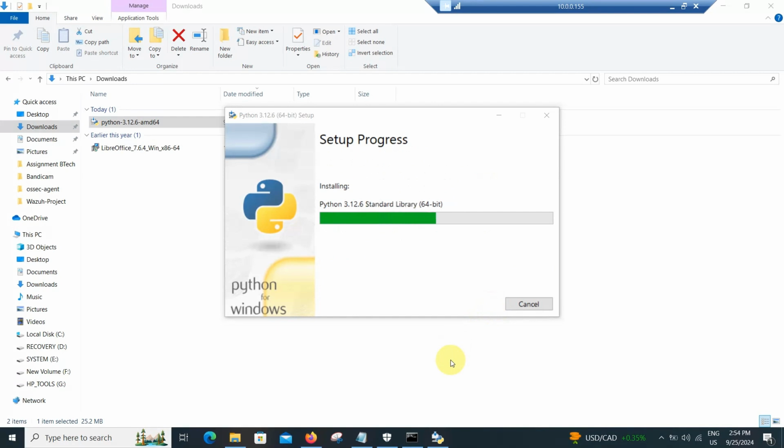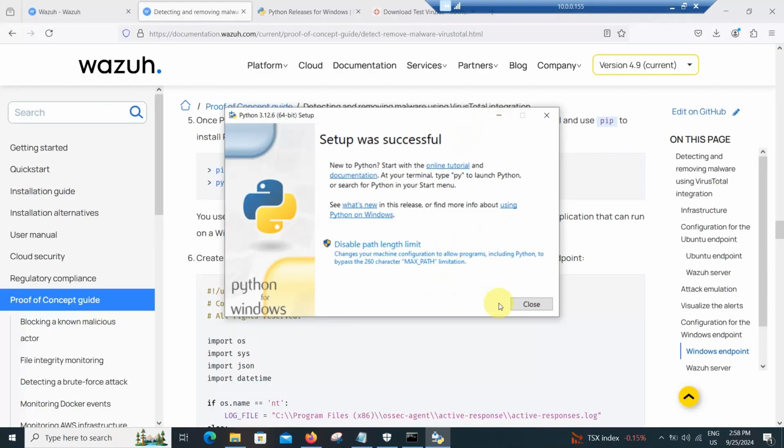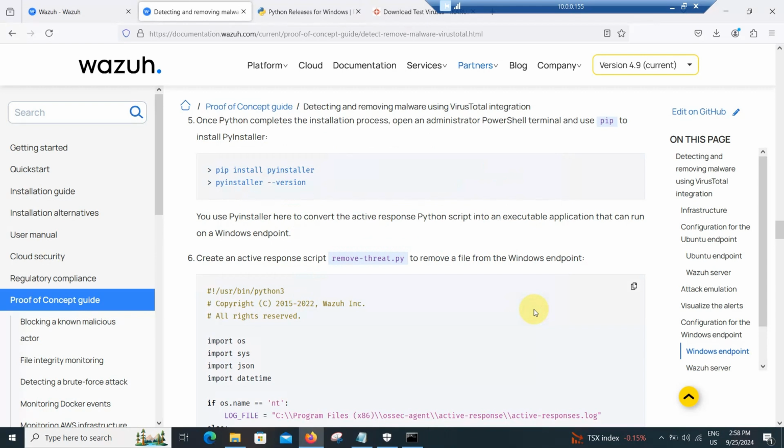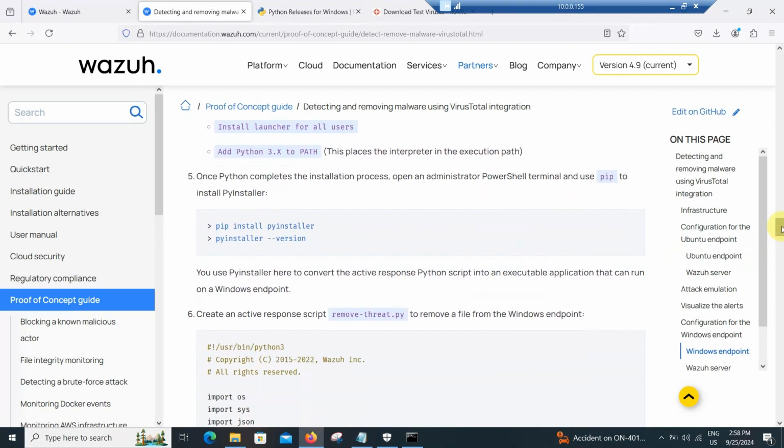So we're gonna wait for the installation to complete. Okay, so we are done with Python. So we're just gonna close this and then execute the next line of action. So basically what we need to do here is, once Python completes the installation process, we should open PowerShell as admin and use pip to